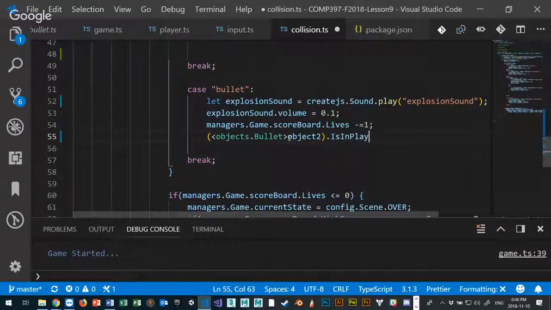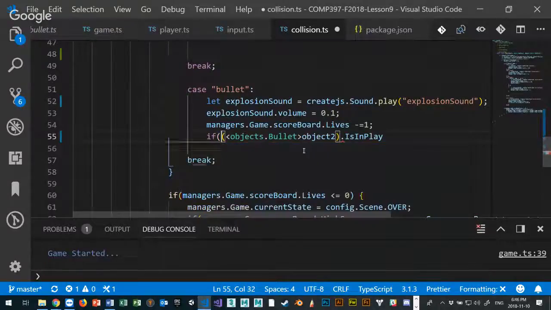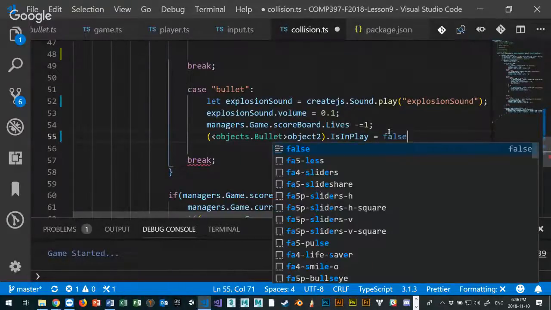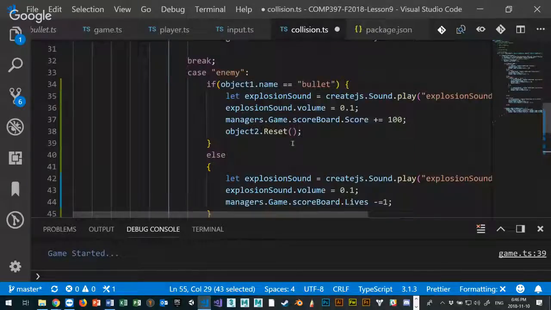Okay, so you're saying is in play. If that's true, you're casting object 2 as a bullet. If is in play, you don't want to do that. You want to say it's not. If object 2 is in play is equal to something else, what do you want to say? Just that it is equal to false. Dot is in play is equal to false. Then I'll reset it. That should reset it right there. Right? All right, so if we did this, and then if we did that up here,